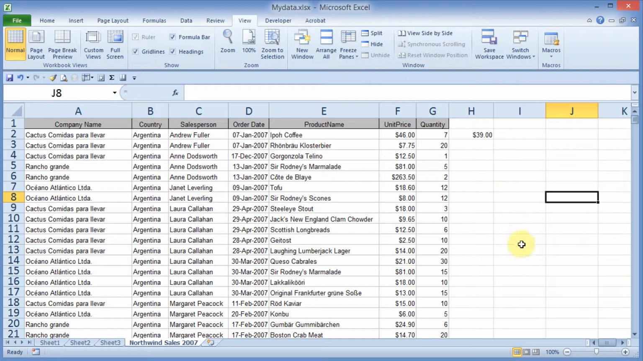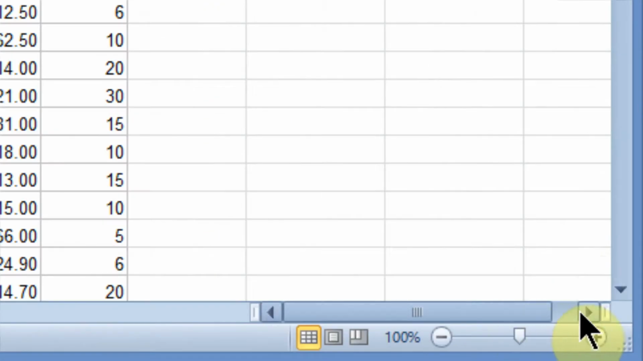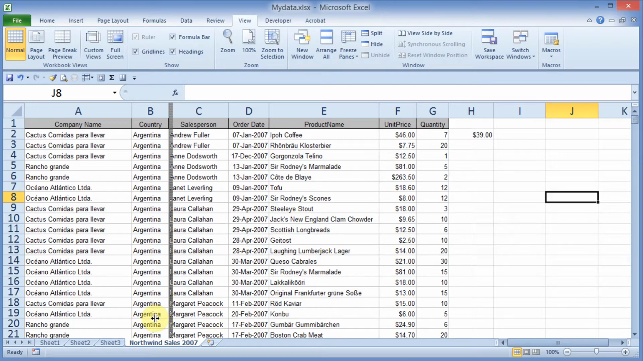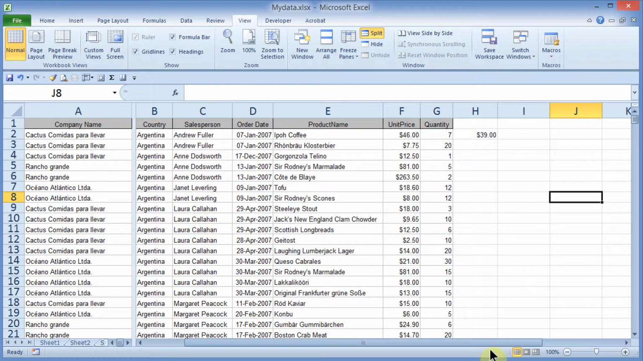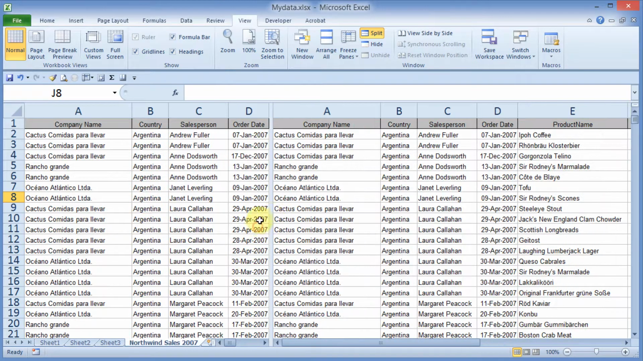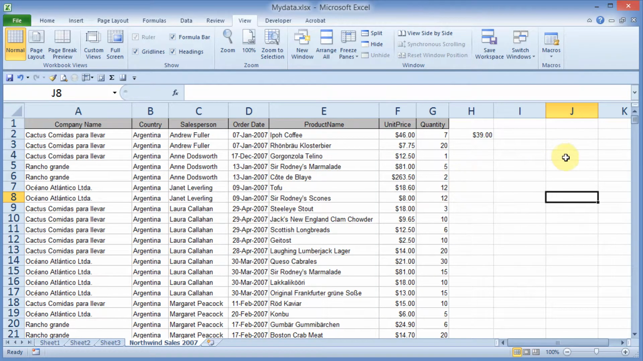You also have a vertical split bar, and it's down in the bottom right hand corner next to your scroll bar, way down here. You're going to see a double-headed arrow, and if you click and drag that, you can split the screen vertically and get a horizontal scroll taking place. It works exactly the same as the horizontal split screen. I'm going to go ahead and just double click on this to take this back,